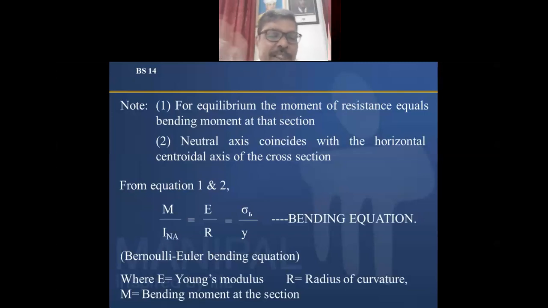Then Krishnamurti comes in the picture in 1984. Till that time, people used Euler-Bernoulli theory, and in 1984 Krishnamurti developed higher order shear deformation theory, and they got that shear stresses are maximum at the neutral layer and bending stresses are zero. When time comes, we will see that theory also, but that is not in your syllabus. This is the historical part, that is not in any book. That's why I have given this additional part.